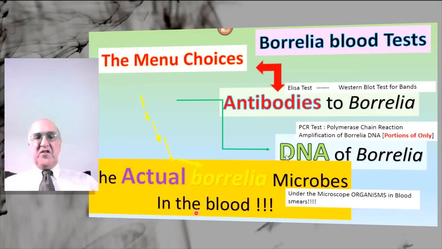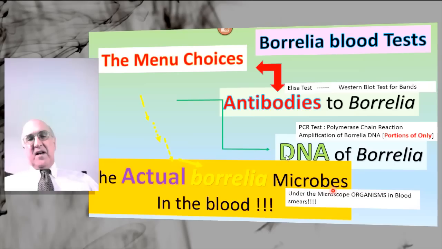So a third pathway to diagnosis is the old-fashioned pathway, and that is to look for actual Borrelia microbes in the blood under the microscope, looking for organisms in the blood. And you can do that by doing blood cultures, and blood cultures now are coming into their own. We use cultures of blood for diagnosis of many microbiological conditions. Many infectious diseases depend on the results of blood cultures. We look for the actual microbes in the blood. They grow in the test tube, they grow in artificial media,